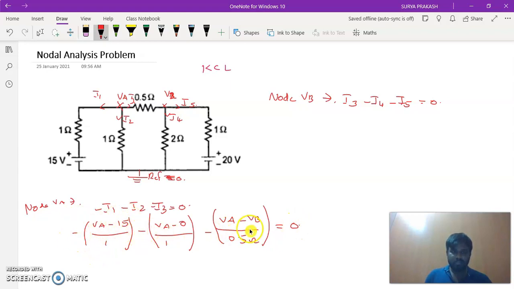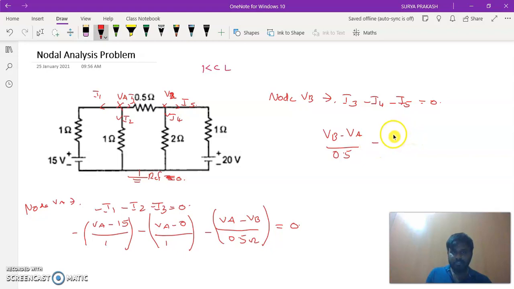So this is the first nodal equation, and we need to simplify this nodal equation using a regular algebraic method. So let us derive for this particular node VB. The I3 will be positive I3. So we can say it as (VB minus VA) divided by 0.5,